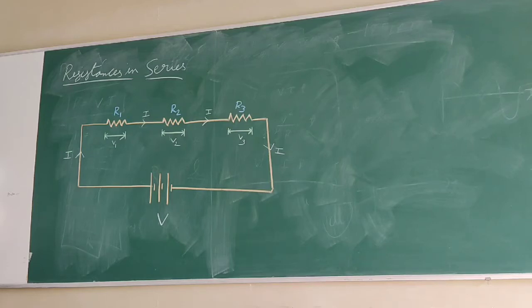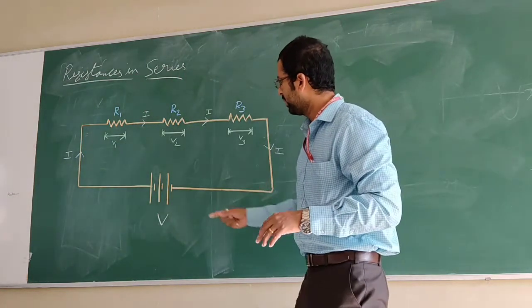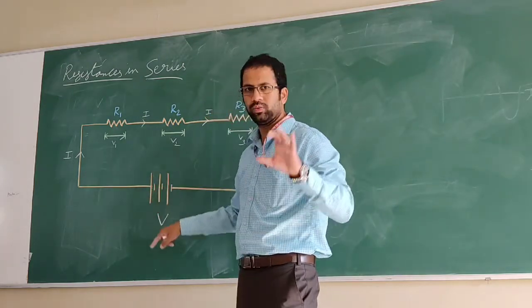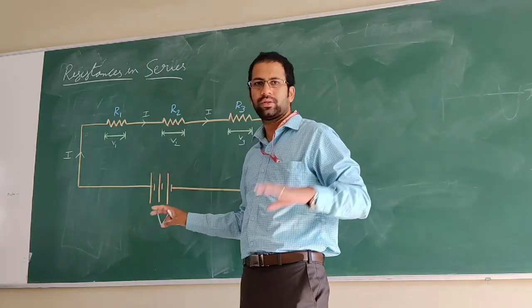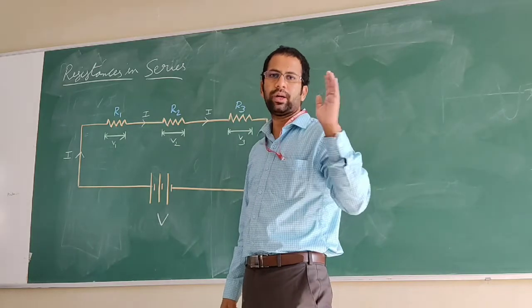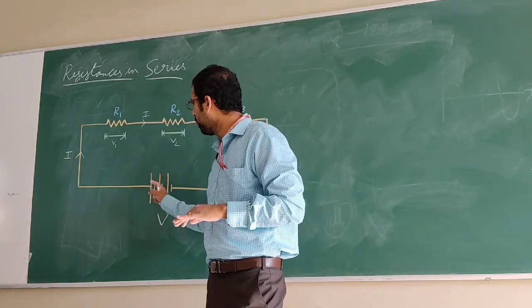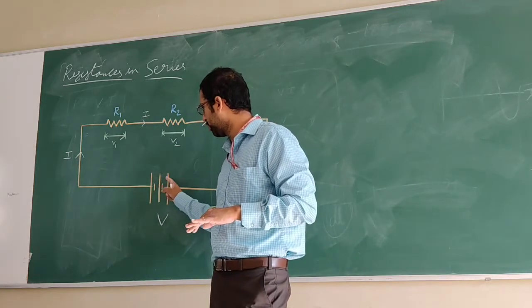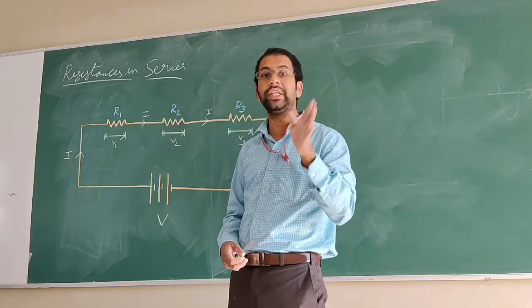So you can see this over here, resistances in series. First of all, this is a DC voltage source. You can see one large vertical line, a small vertical line, large, small vertical line. This generally represents the DC voltage source. Here you can see the positive and negative: higher potential, lower potential, higher potential, lower potential. That becomes the DC voltage source.